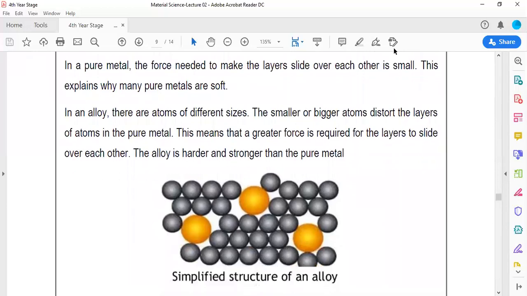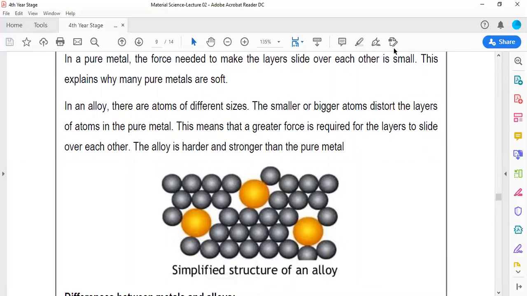Now, in an alloy, there are atoms of different sizes. Of course, remember, in a pure metal, all atoms have the same size. They are not different in size. The moving of these atoms over each other in a pure metal is not difficult. It can be forced, and then they move over each other easily. So that's why pure metals are soft. But when it comes to the alloy, and you're adding another element, a different type of element, it means you're adding a different size of atom. It's like you're sticking one of a different size in between these atoms,